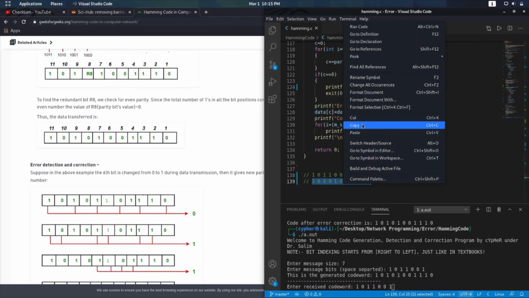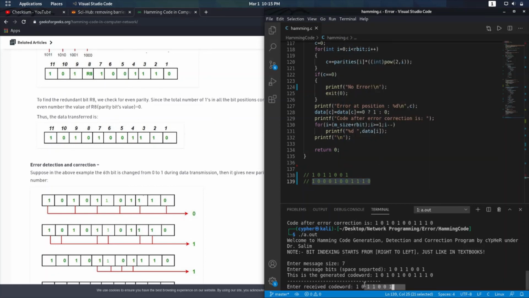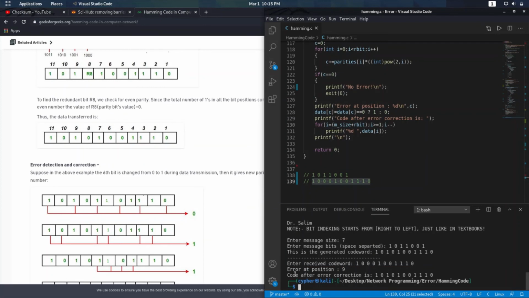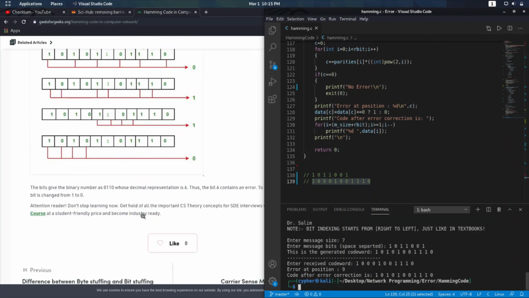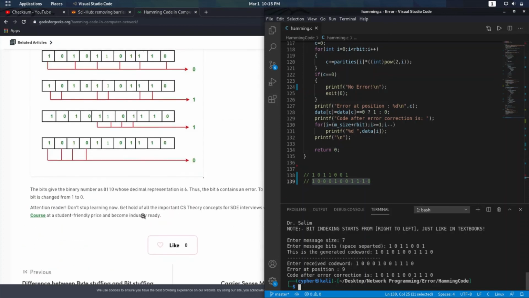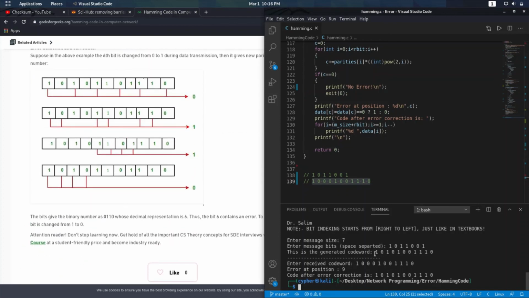Okay, I could not copy it. So if there is no code word, there was a problem. Okay, I think this is an incorrect code word. Yeah, this was the incorrect code word I copied.